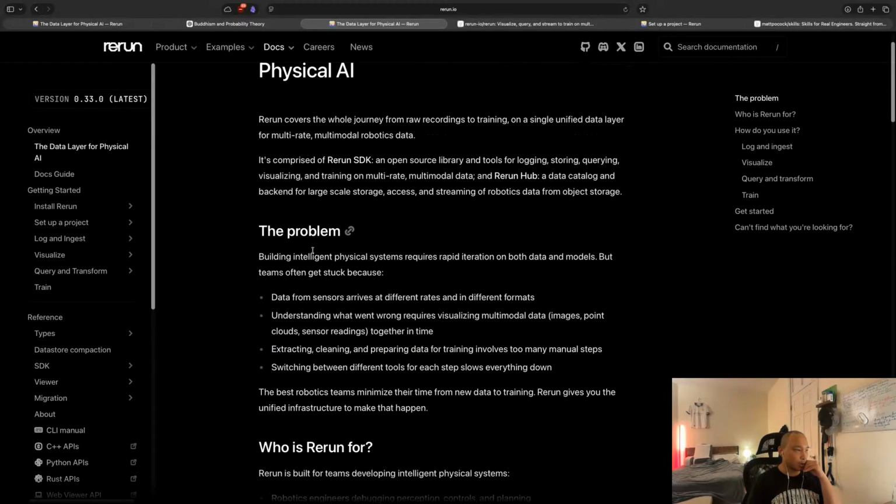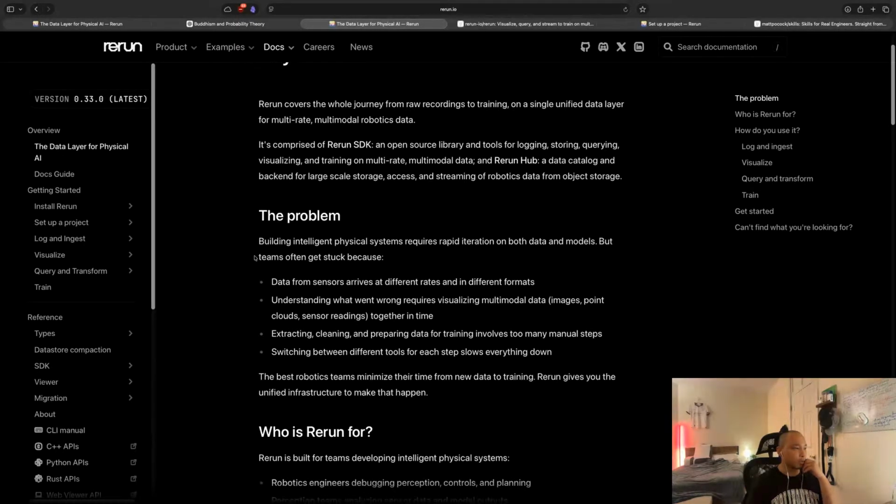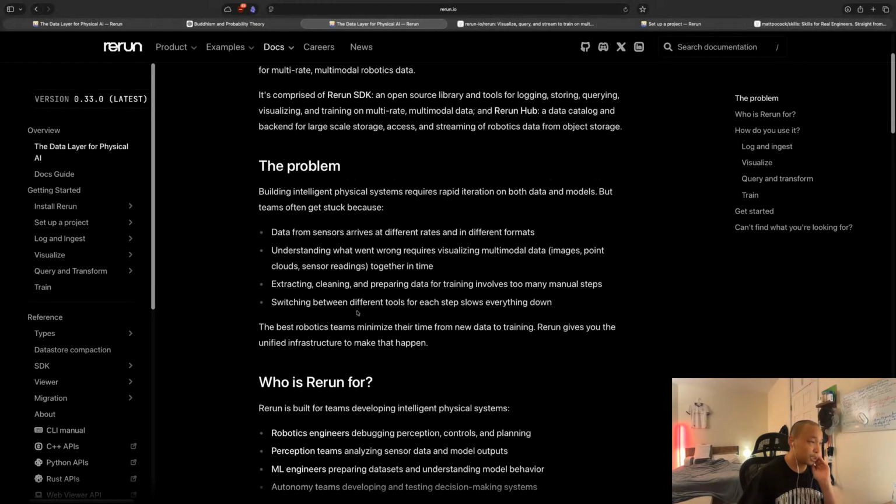The problem: building intelligent physical systems requires rapid iterations on both data and models, but teams often get stuck because data from sensors arrive at different rates and in different formats. Understanding what went wrong requires visualizing multimodal data together in time, and extracting clean data and preparing it for training involves too many steps.